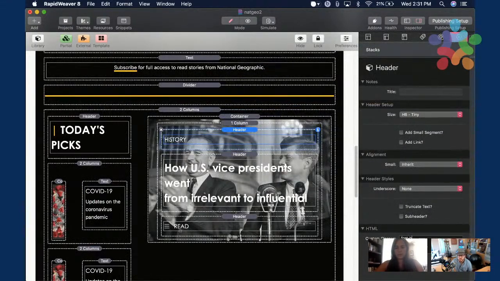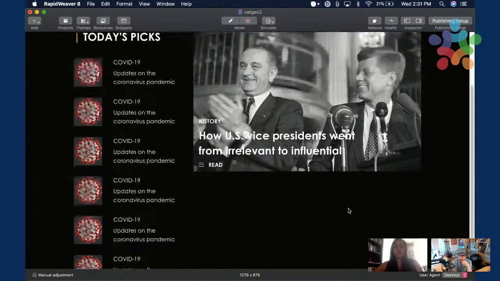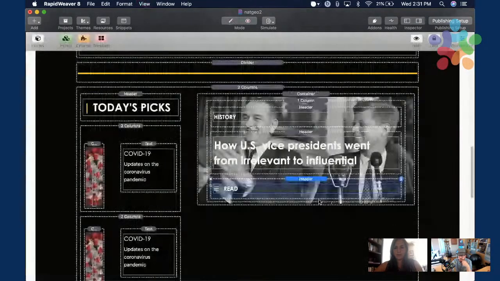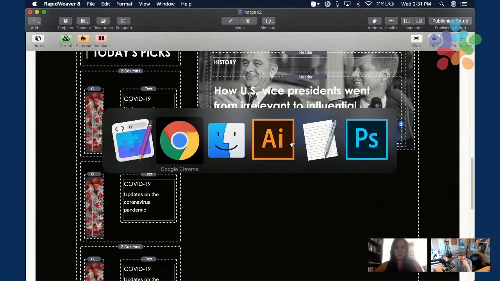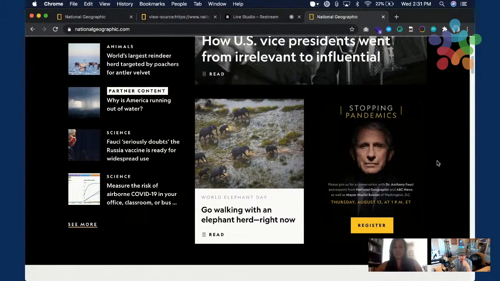So I'm going to do that. It should look better. Yeah. Okay. So we have that one, and now we can have 2-column again, and that 2-column will be 50-50 this time.